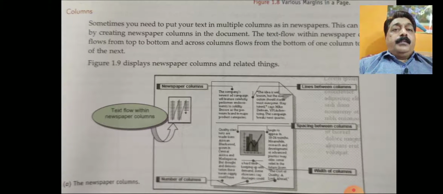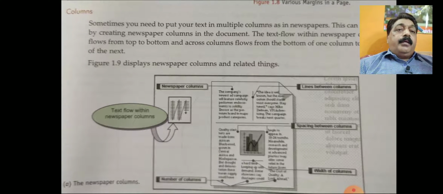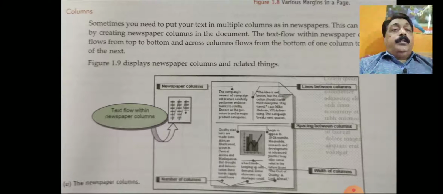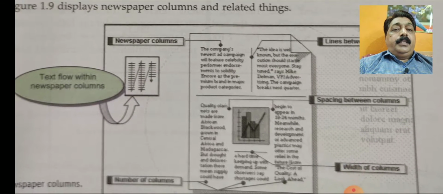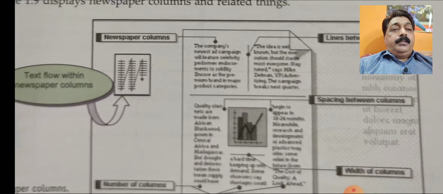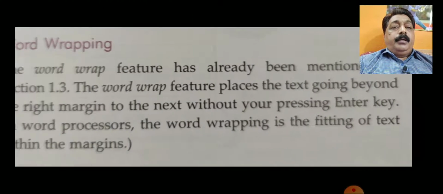Then columns. Whatever text we type, sometimes we want to type this in columns, so whenever our document typing is over, then also we can change into multiple columns, as we see in the newspaper and all. 6 columns are there, or 8 columns, or 7 columns, so it depends on us. We can make such kind of columns like a newspaper on the screen, and we can print also, as in the figure you can see there how the columns are maintained. In the same way you can also make the columns through the column option available.